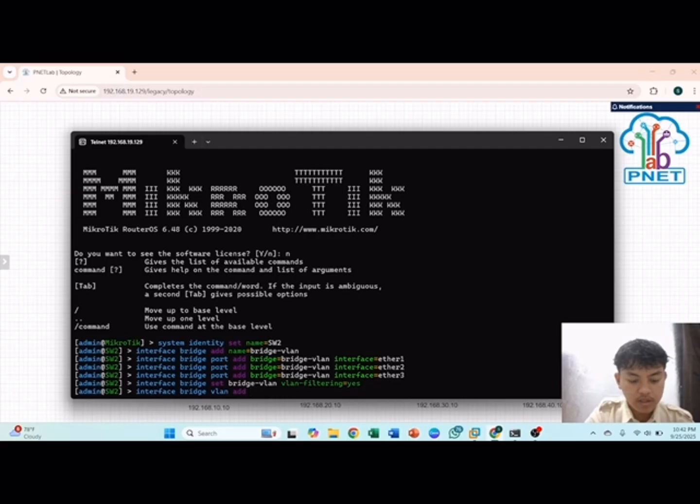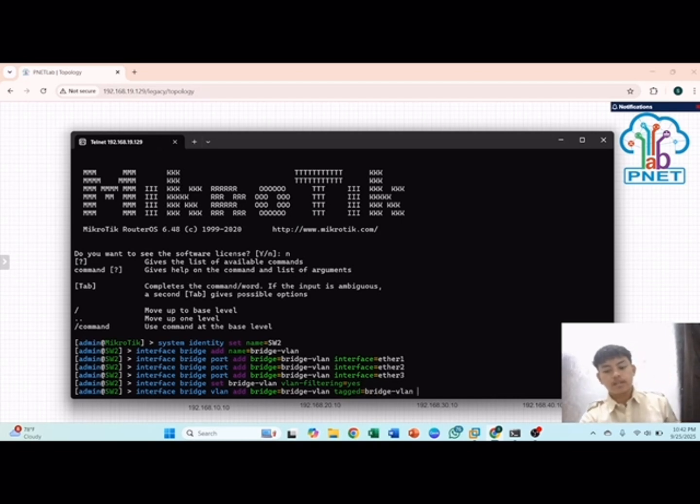Okay, and the bridge is bridge VLAN, and the tagged ports are bridge VLAN and Ether2.